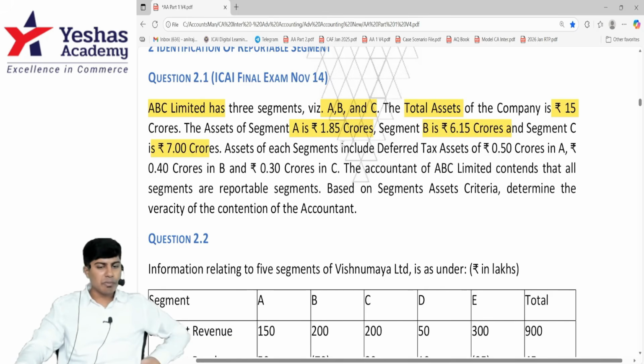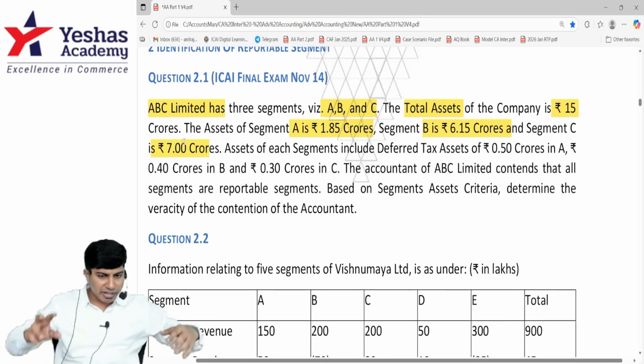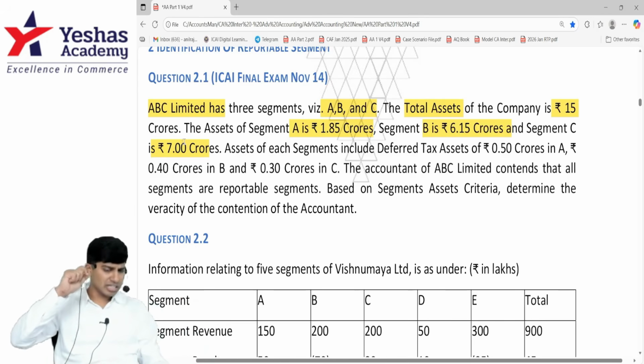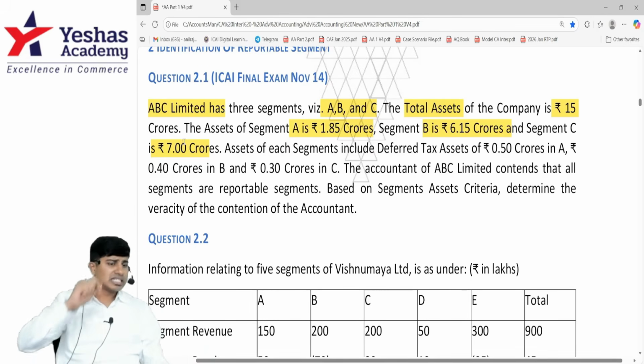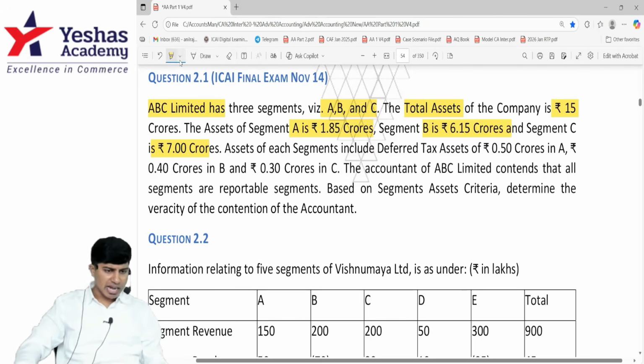Check once. 1.85 plus 6.15 plus 7 is 15. The question is correct. Now, before we do 1.85 by 15, 6.15 by 15, 7 by 15, they're telling us assets